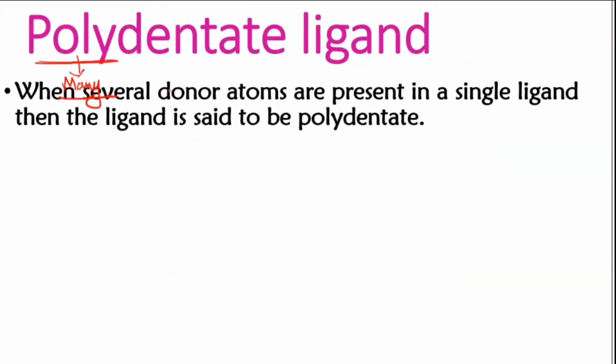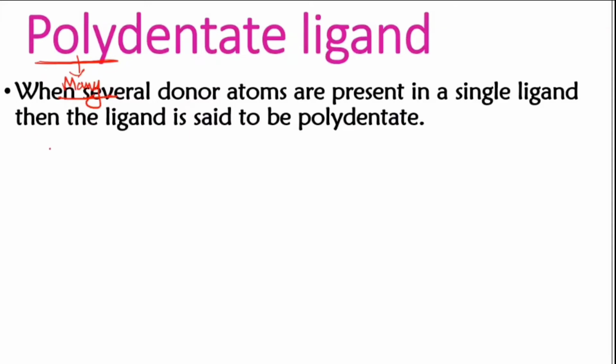So the next type is, see here, polydentate ligand. You can define it actually by yourself. Polydentate means what? Poly meaning is many, no? Yes, correct, good. So if they are able to donate many electrons to the central metal atom, then that will be called polydentate. That means when they are going to bind, they will bind with several donor atoms. They will have many donor atoms present in this particular molecule.